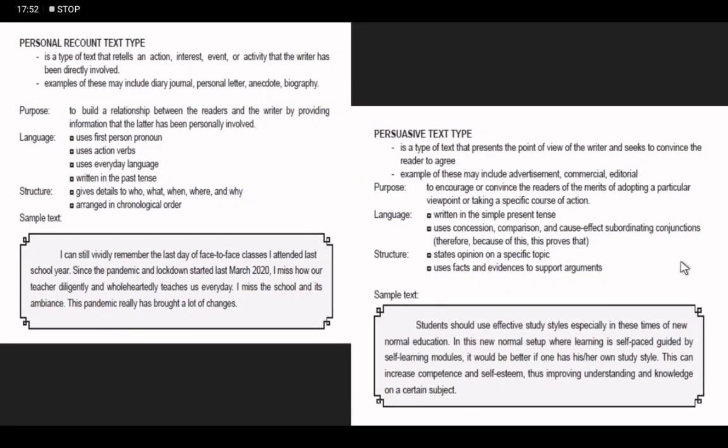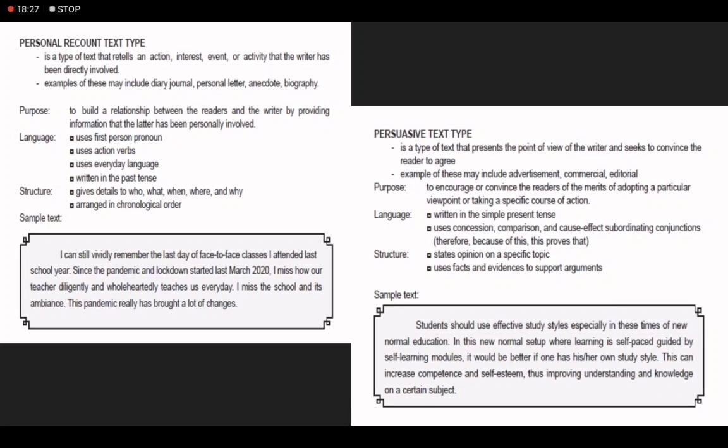Next text type is what we call personal recount text type. This retells an action, interest, event, or activity that the writer has been directly involved. Examples of these are journal, personal letter, anecdote, biography. What is its purpose? Build a relationship between the readers and the writer by providing information that the latter has been personally involved. The language is that first-person pronoun is always used, action verbs are used, everyday language is used,